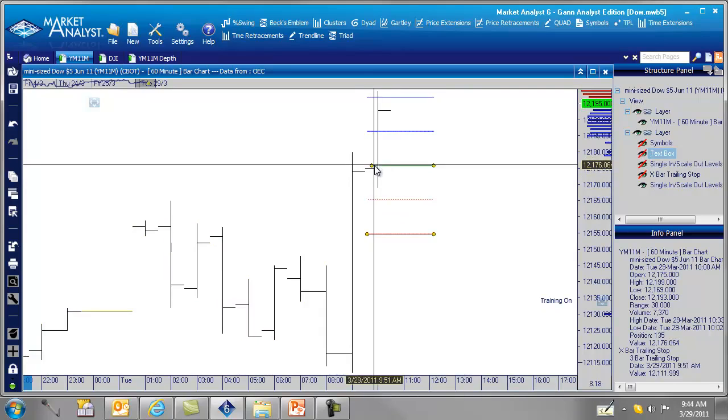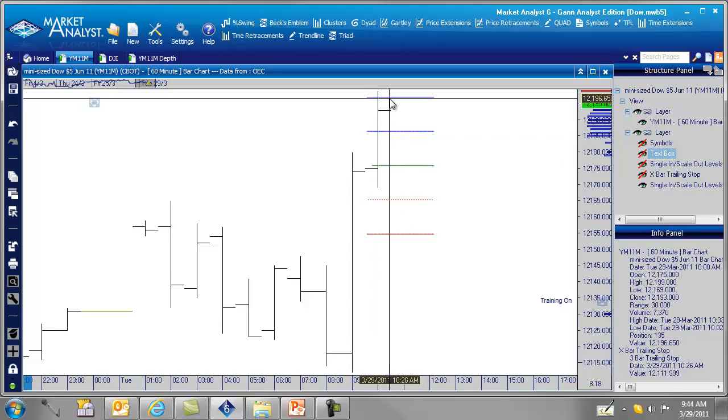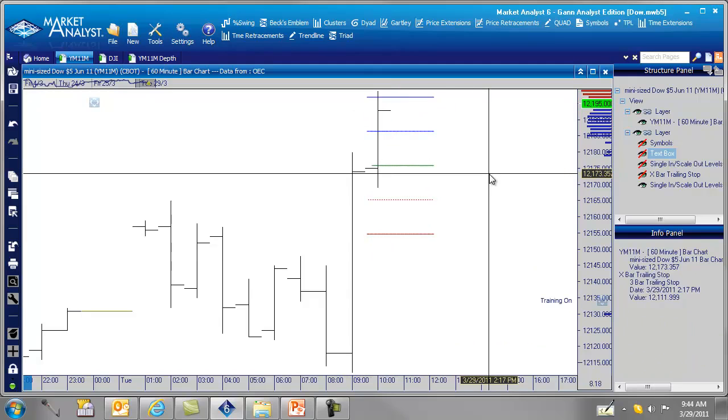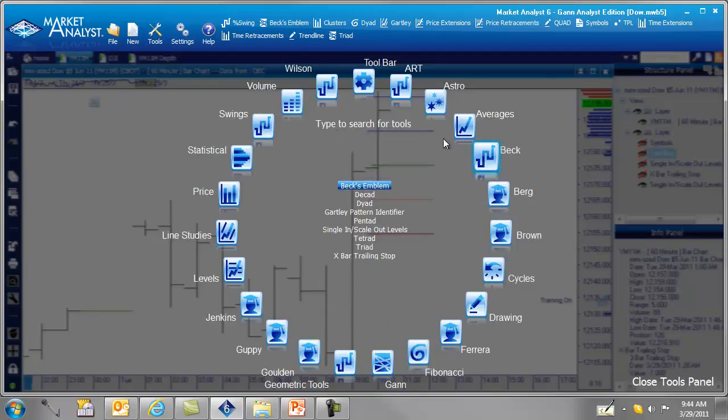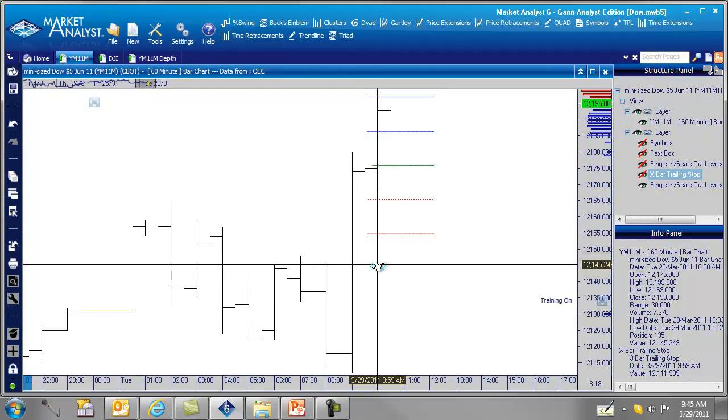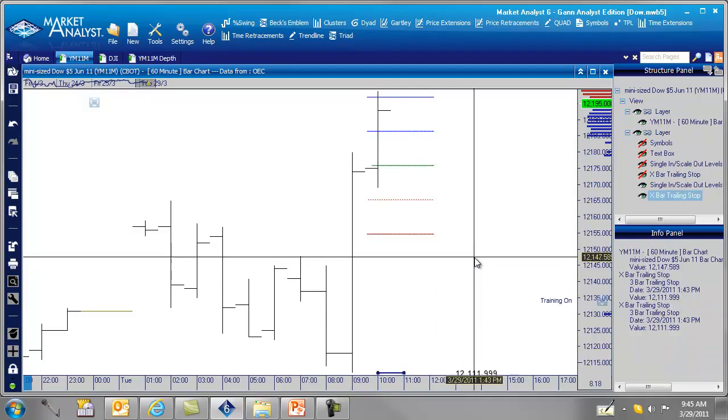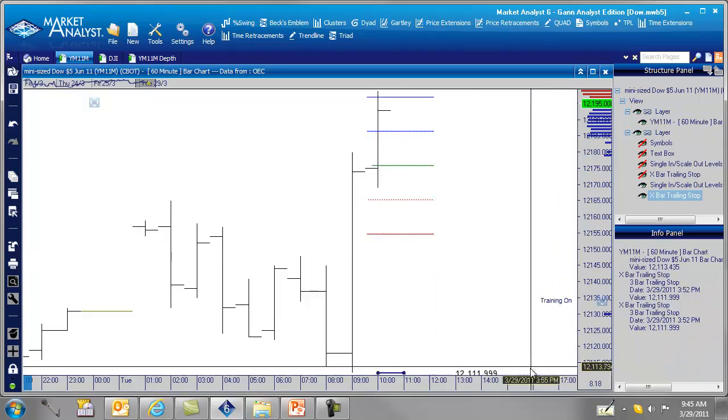So here's our entry point. There's the first target, there's the second target. Now what we can do is apply the 3-bar trailing stop on the third contract. To do that, we go to Tools, back, X-bar trailing stop, click here, and as we can see, it's way